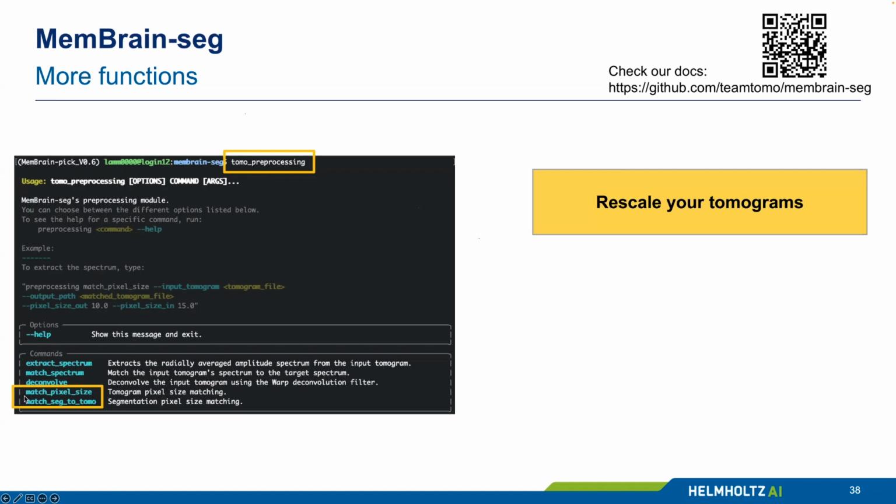So for example, the match pixel size functionalities, which is basically what I explained before, the alternative to the rescale patches functionality. So in this case, you would just take as an input the tomogram, rescale that to another pixel size. Then you can feed that into membrane-seg or do whatever you want with it. And then rescale the segmentations back to the original pixel size again. So I think this can be useful in some cases.